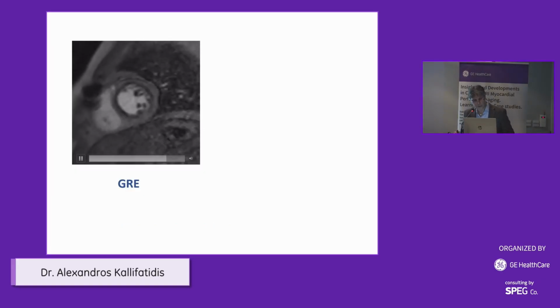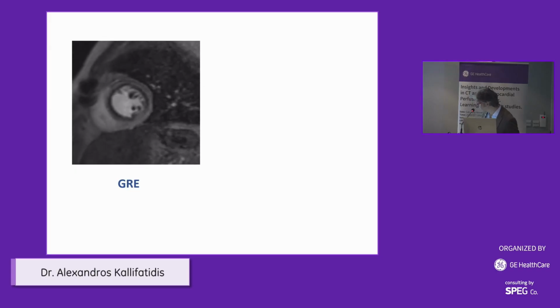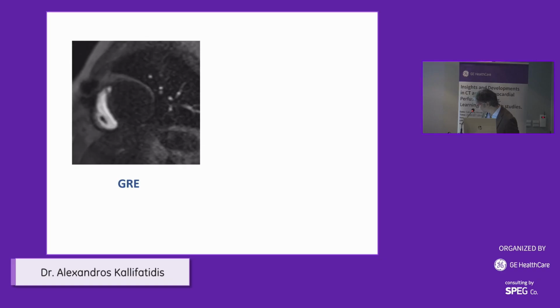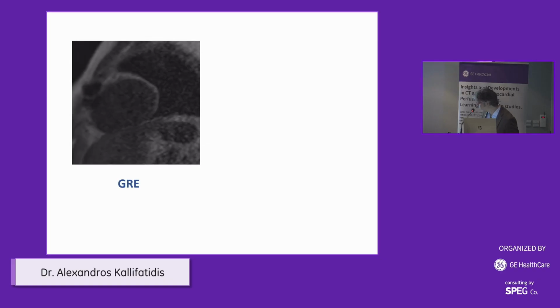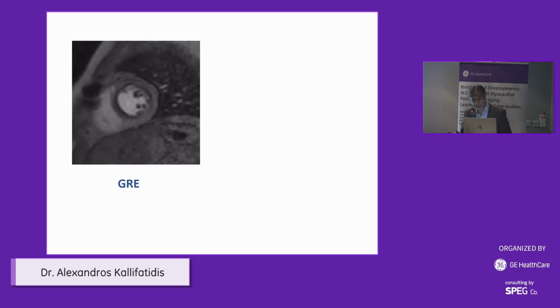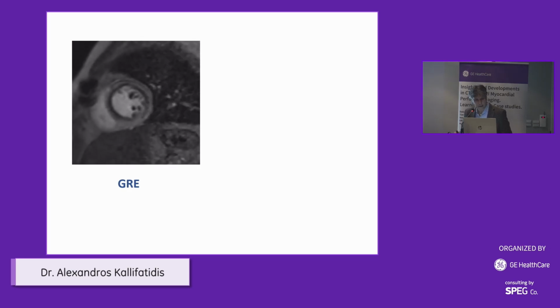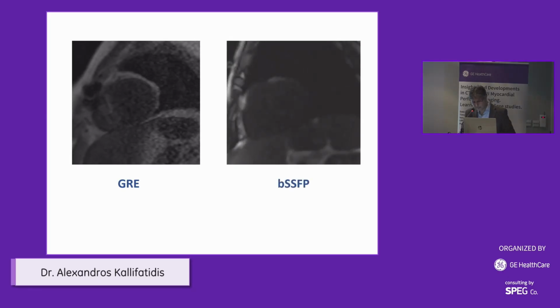Traditionally, we have been using gradient echo stress perfusion sequences for the assessment of perfusion defects. Here is a patient with left main and LAD circumflex high-grade stenosis. In stress perfusion, we see the defects, but